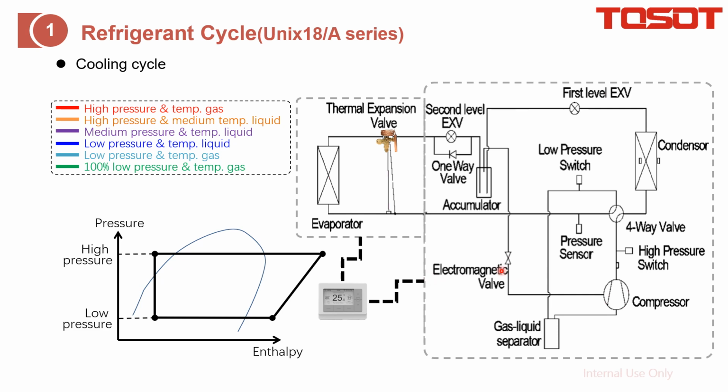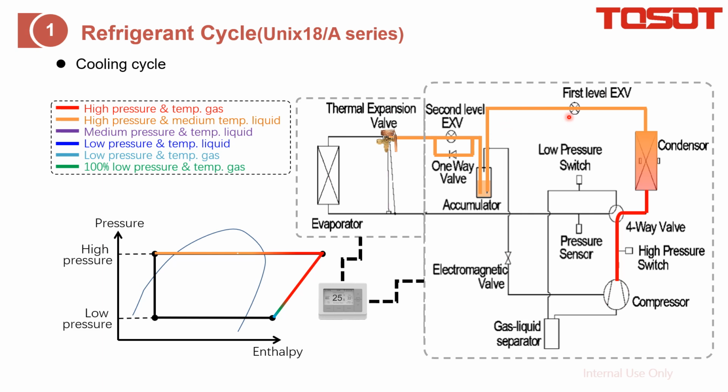And first, I will introduce the cooling mode. So from the compressor, the hot gas will come out. It is actually the high pressure and temperature gas. Then we go to the condenser to release heat. Then the gas will become liquid, but the pressure is no change, which means this is the high pressure but medium temperature liquid. Then we go through these two EXV, but the refrigerant is not expanded, which